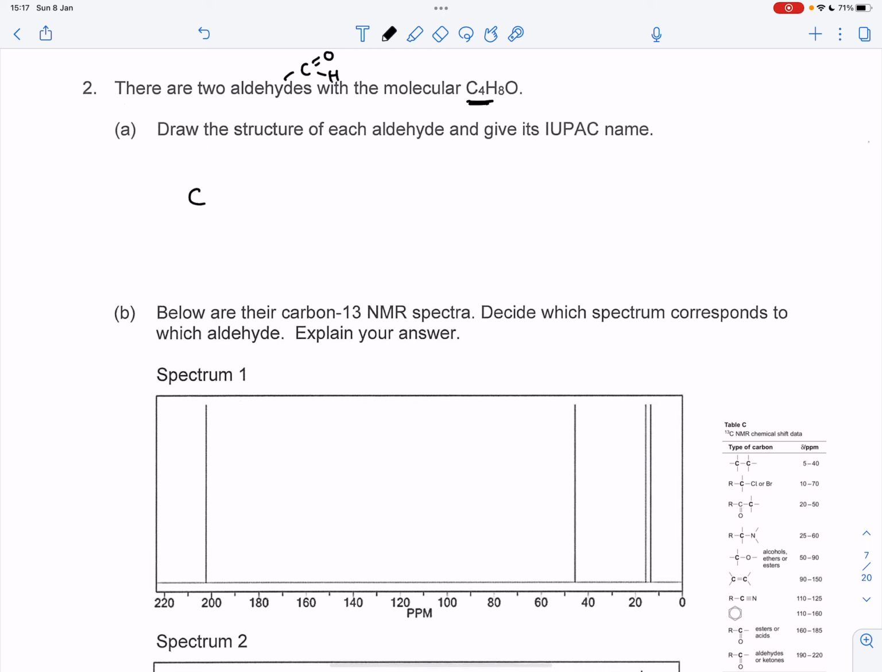Whenever we're asked to draw two isomers, the first one to draw is always the straight chain. So we put all 4 carbons in a row, put the aldehyde group at the end, and then put in our hydrogens. We can see that we've got 1, 2, 3,